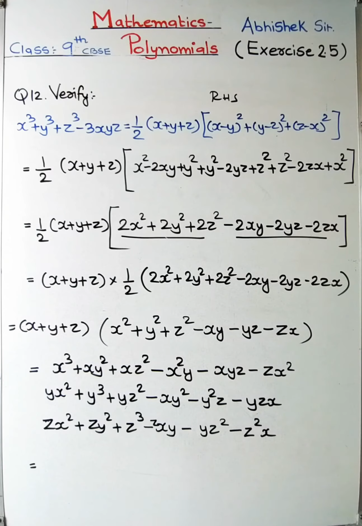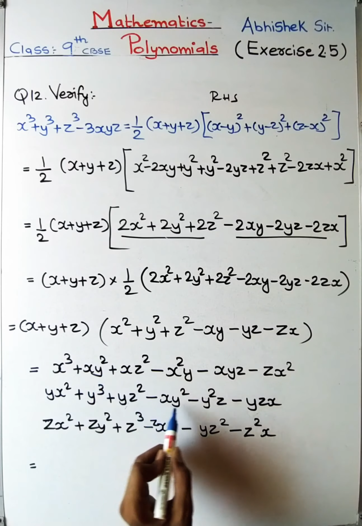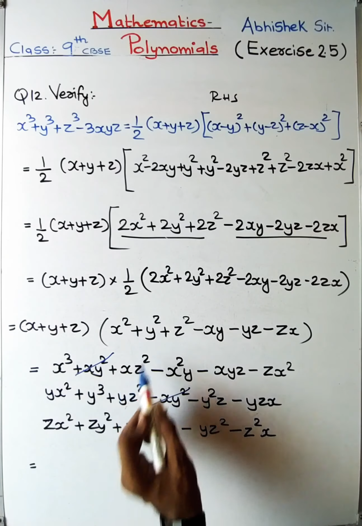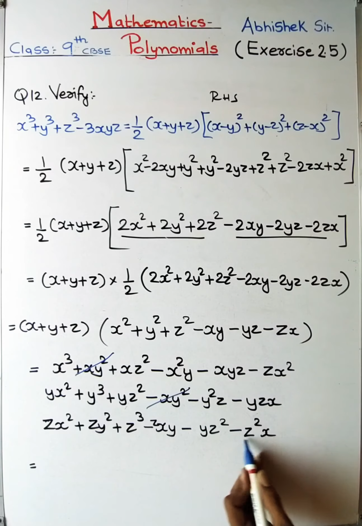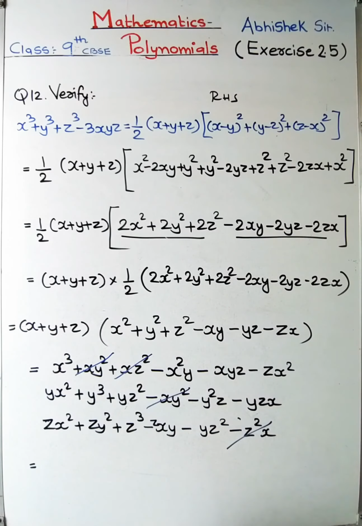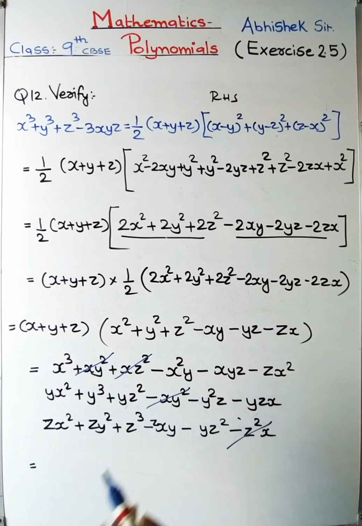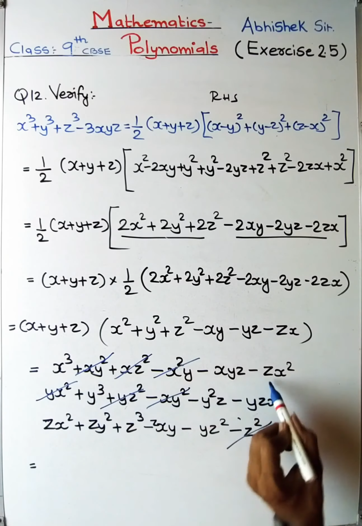Just for an example I am giving, this xy square and minus xy square can be cancelled. This xz square can be cancelled with z square x. Likewise, if we cancel all the terms which are having positive and negative, so we will end up with